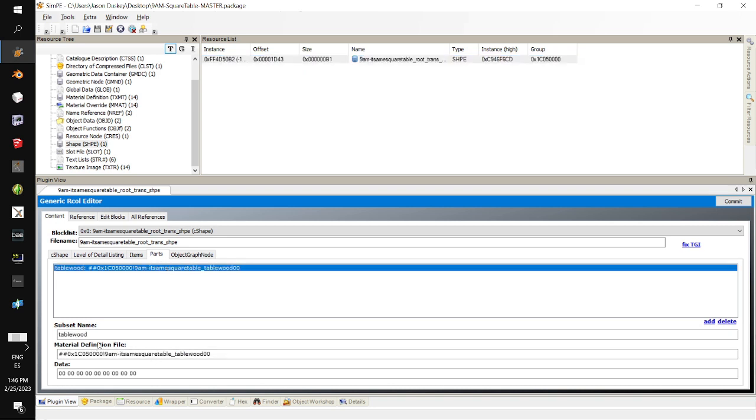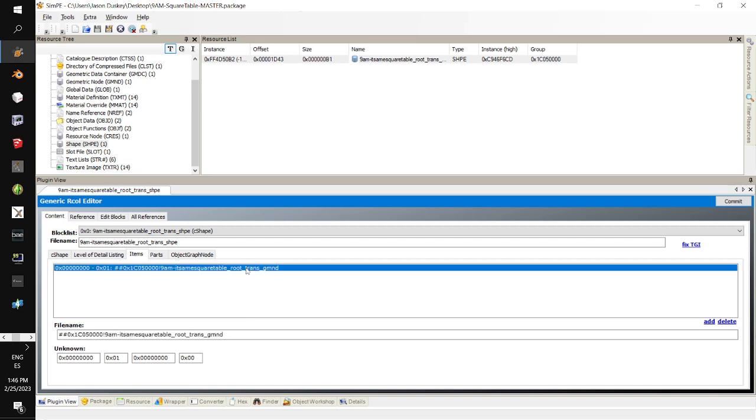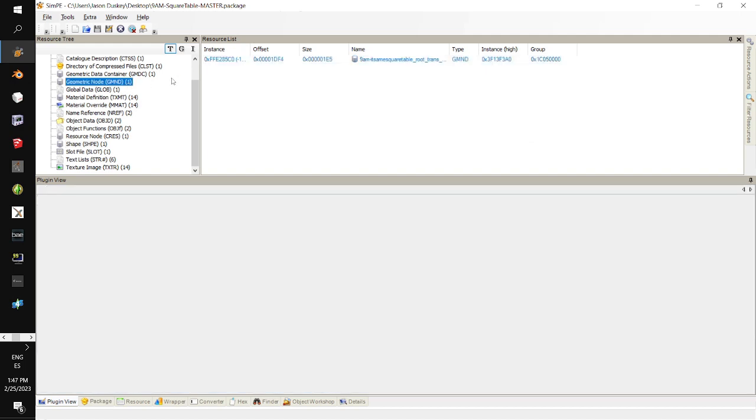What the parts tab does is identify the name of the subset in the GMDC and what material should be applied to it. But if you look at the items tab, this is going to tell you what GMND it ties into. It doesn't help to have the subset name correct in parts if you don't have the GMND properly linked to the SHPE. Did we cover GMND yet? No, we did not cover GMND yet. Okay, so now